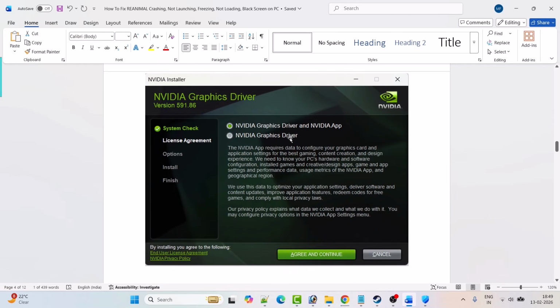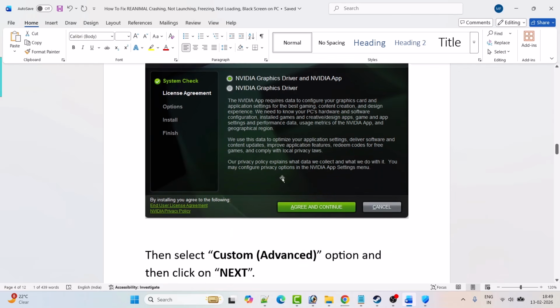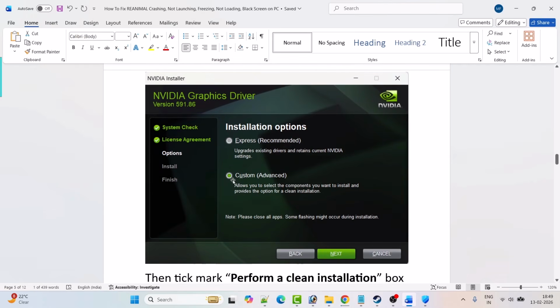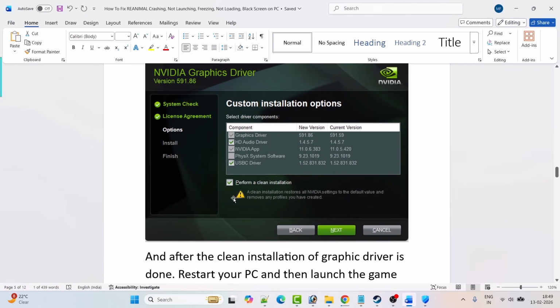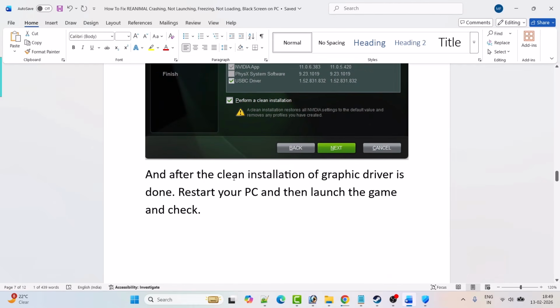You will see this screen. Click on agree and continue. Then select the custom advanced option and hit next. Then tick mark the perform a clean installation box and hit next. After the clean installation of the graphic card driver is done, just restart your PC and then try to launch